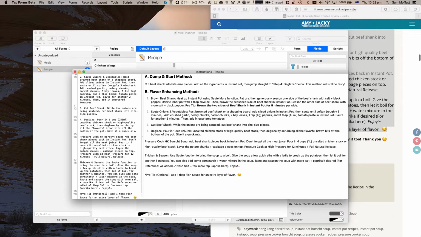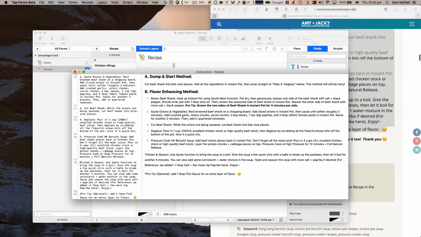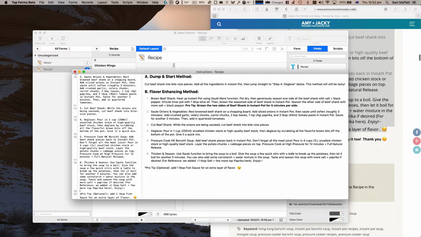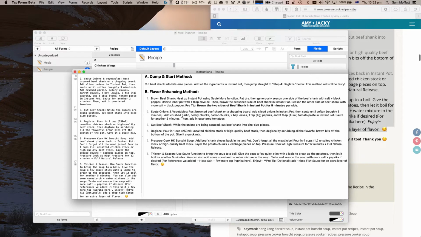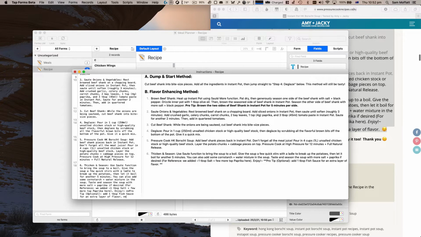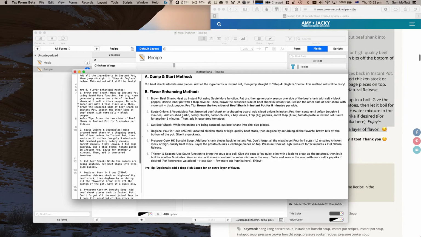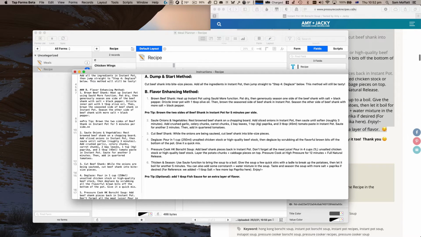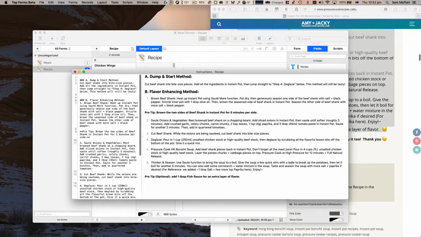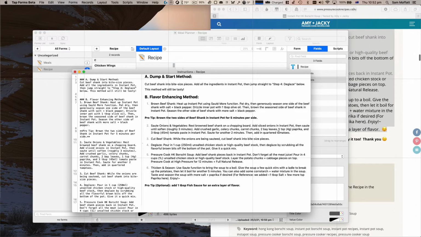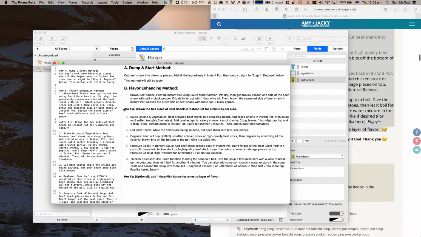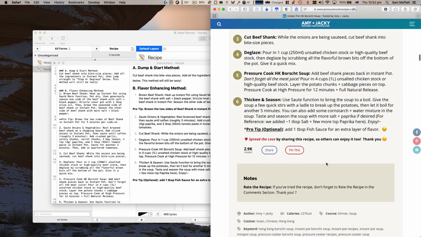For 6, we'll pull back in this pro tip and we'll surround it with some stars, and there we go. And maybe we just put that on its own line at the bottom there, and maybe for that other one that makes sense as well. Let's just put it into a new line. There we go. So we've taken that recipe, and we can see the preview as we went side by side,